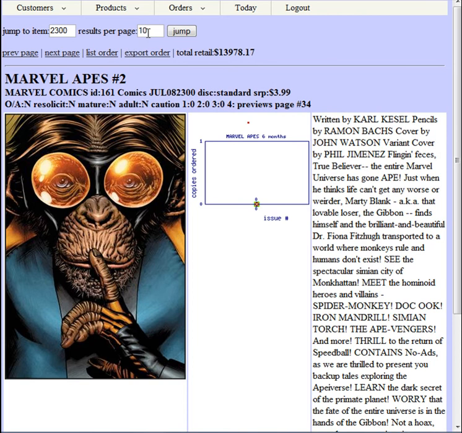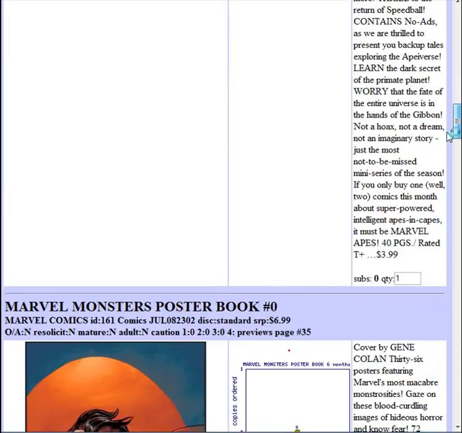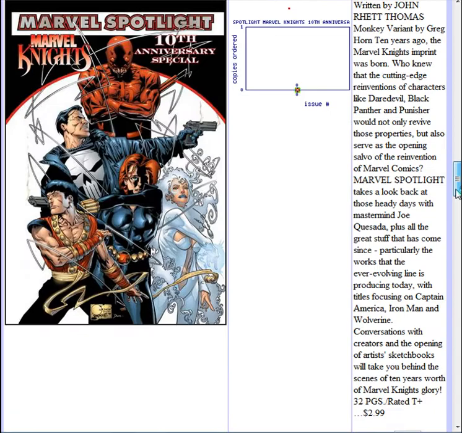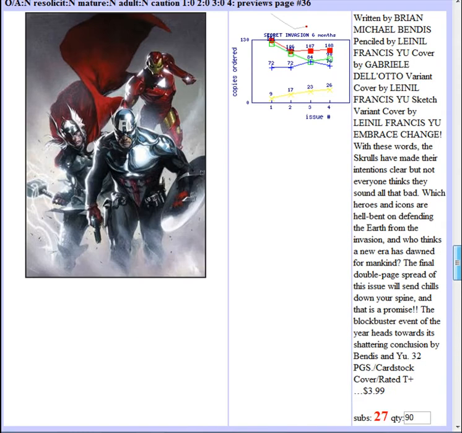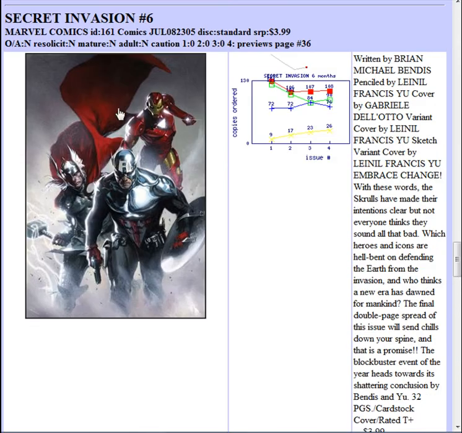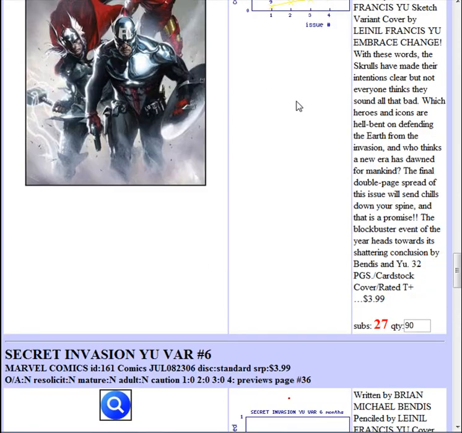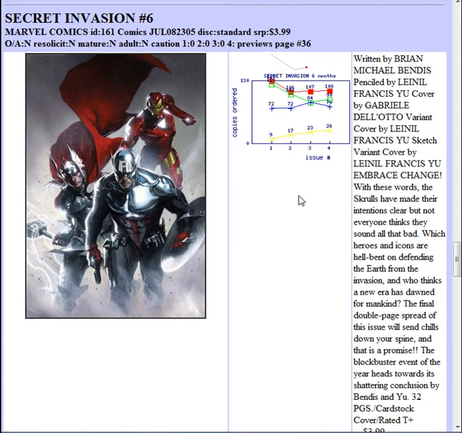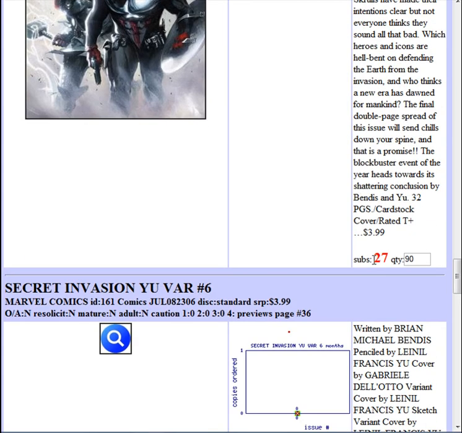We can take a look at some upcoming stuff here. Only new titles will show up with their images from Diamond, but here we'll get the complete view of the book that we need. We can see the 6-month cycle sheet, we can see the cover image, we get the complete previews description, and we know the number of subscriptions we have to that title, so all we have to do is enter the number,